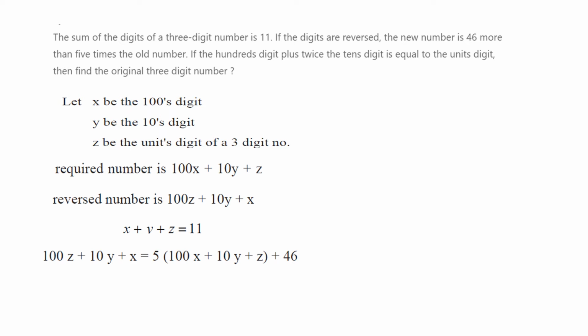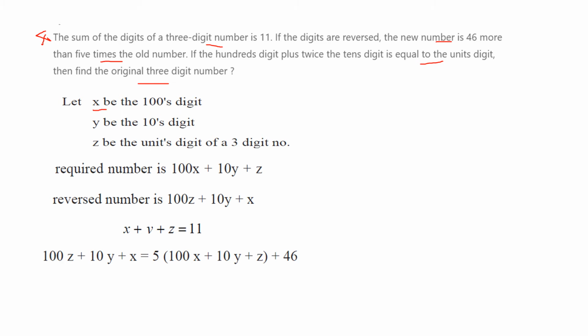Fourth sum. The sum of the digits of a 3-digit number is 11. If the digits are reversed, the new number is 46 more than 5 times the old number. If the hundreds digit plus twice the tens digit is equal to the unit digit, then find the original 3-digit number. First, let x be the hundreds digit